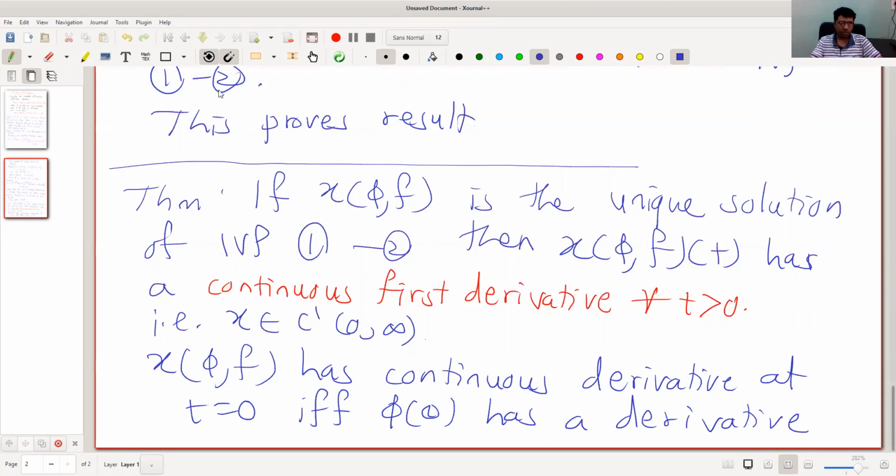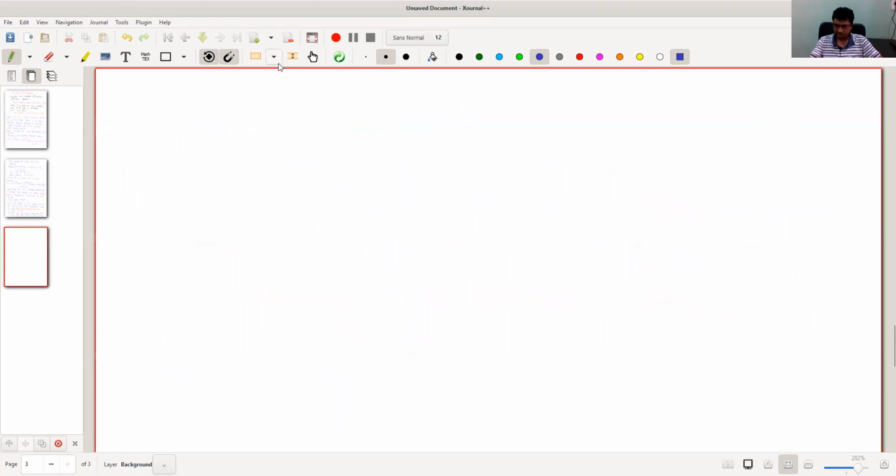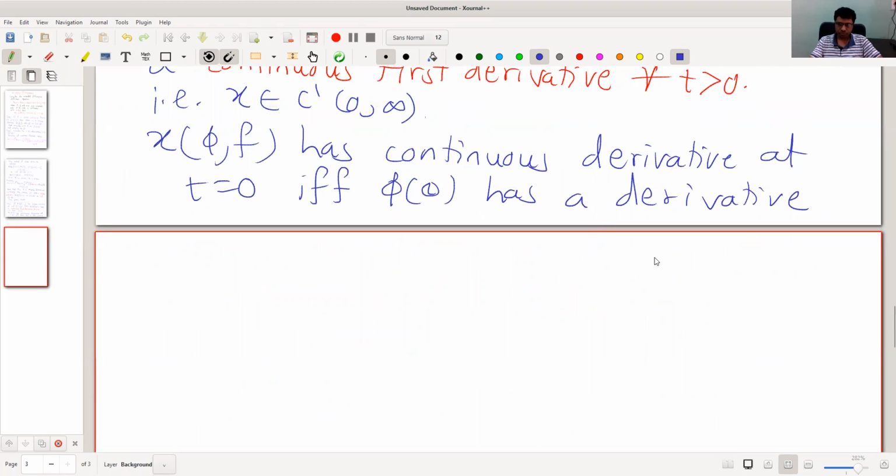Theta is a dummy variable for phi. Okay, that means phi is differentiable at 0